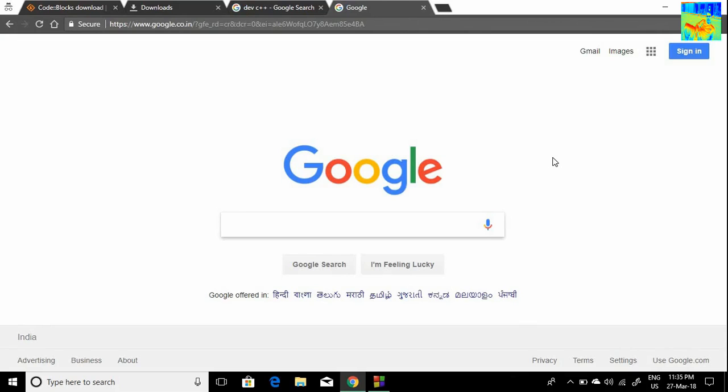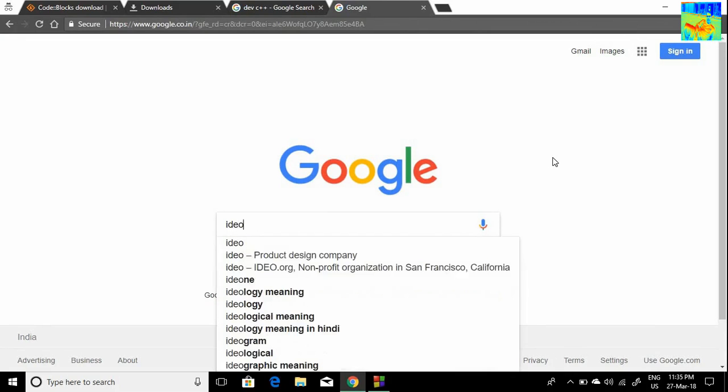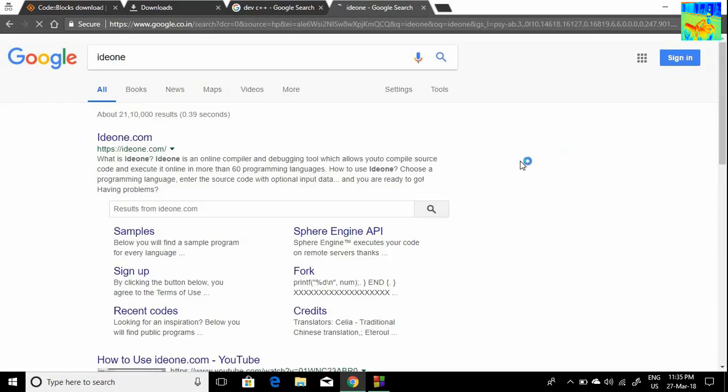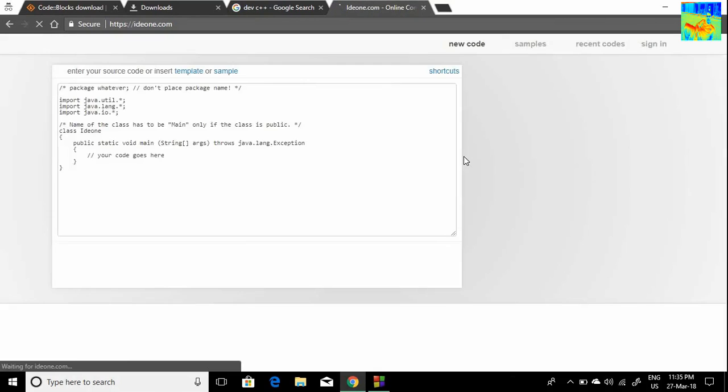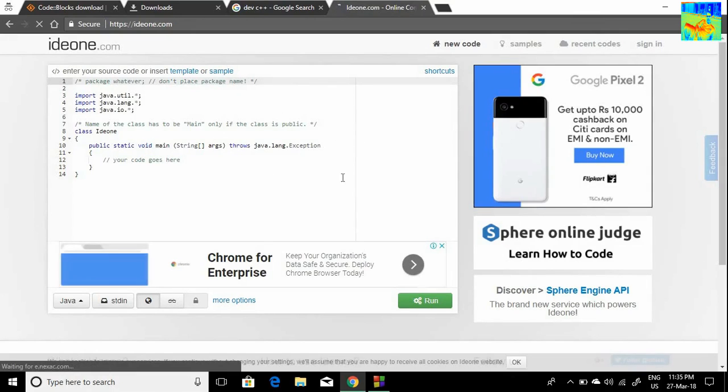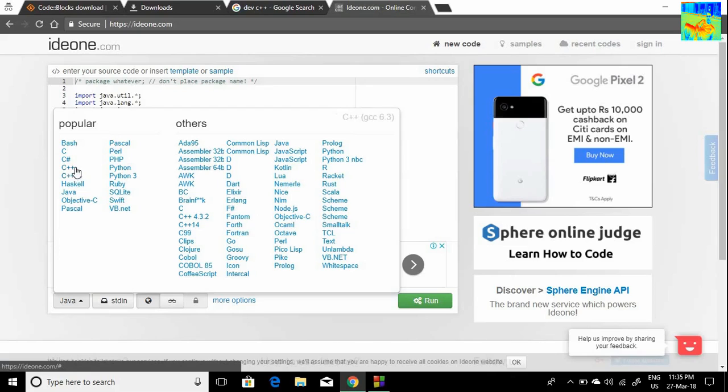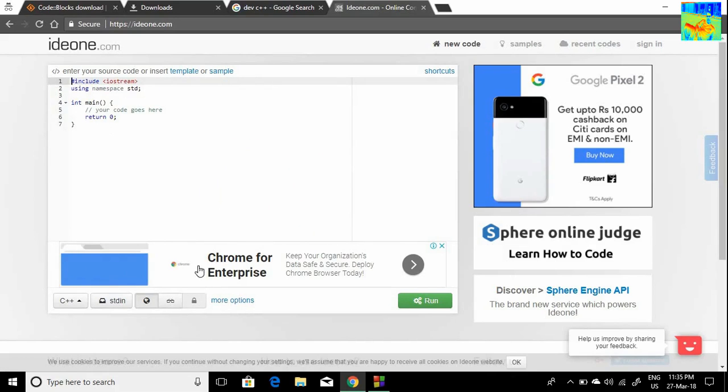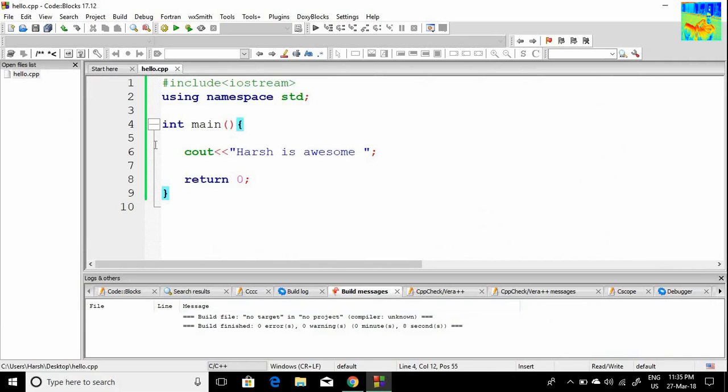Okay, so some people also use online compiler. So I use Ideone as my online compiler. It is same as CodeBlocks, but it is an online compiler. Okay, so I will write my code here. First of all, you have to choose language. So here choose C++. And then copy the code from here.